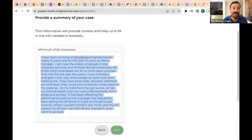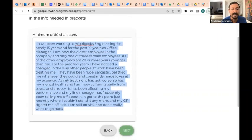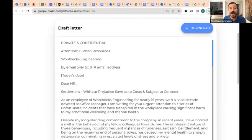So this person here is saying that they were working there for 15 years. They're the oldest employee, and one of a minority of female employees. A lot of people are 20 or more years younger. They've been treated rudely and sarcastically, and they've been suffering mental health issues because of that, anxiety issues and so on. And the manager has been telling me off about this stuff. So then from there,